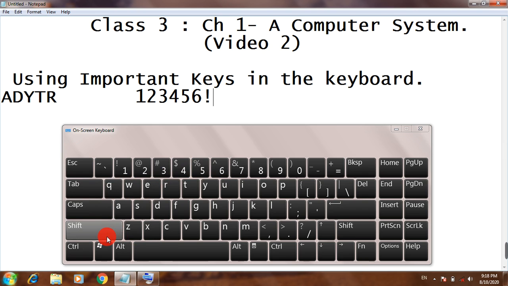Here I am clicking this button and then clicking any number key for the symbol. But in the case of a keyboard device, you have to press and hold this shift key and then press the respective number key to add that symbol.